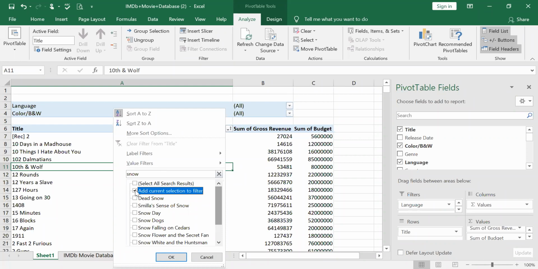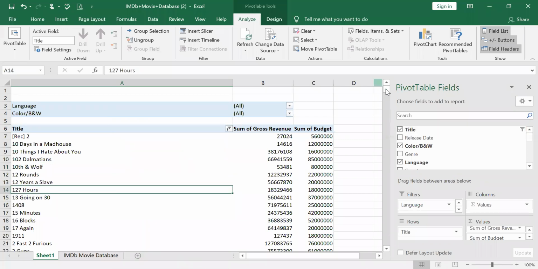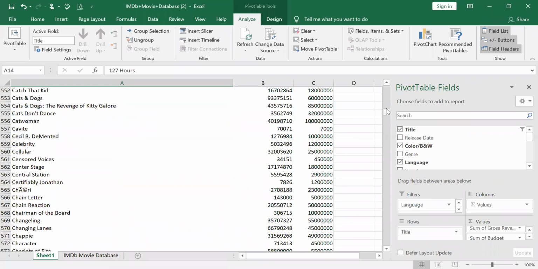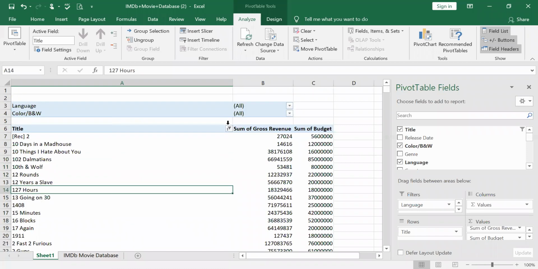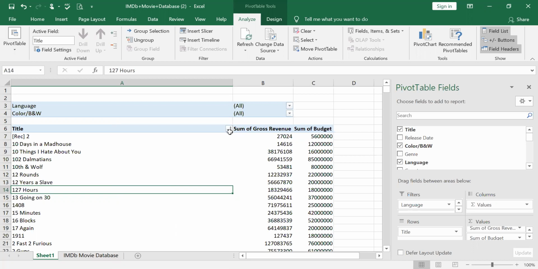I only select this and then give okay, and only snow is coming. So I give add current selection to the filter. I just give okay. It is getting selected all.